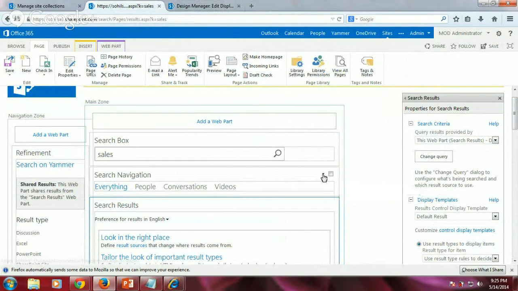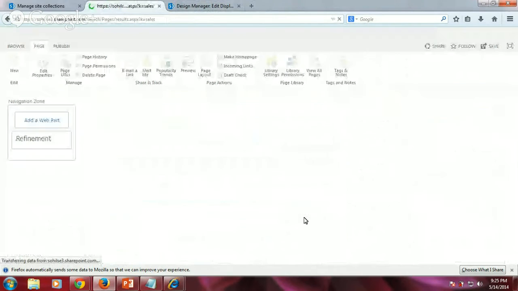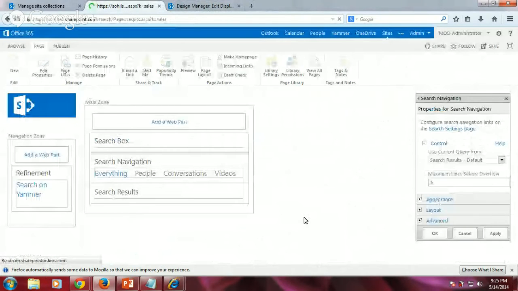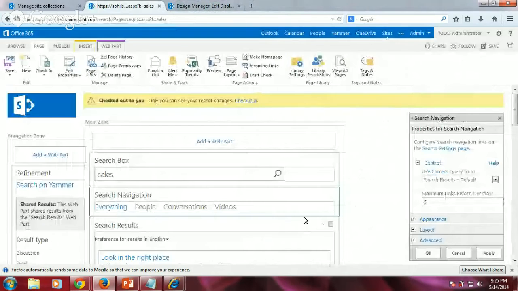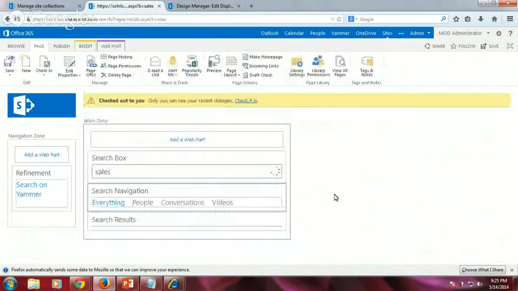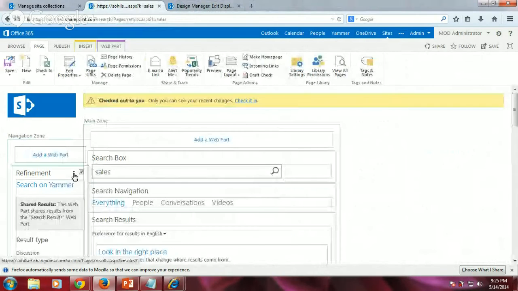So if you want to modify or add any new result source here, it's possible for you to go ahead and create it in the navigation section, just like your top link navigation. When you go to the site settings navigation portion, you will be able to create a new navigation and associate that with the result source, and you will be able to choose that or add that particular search navigation right within the search navigation web part here. Same way with refinement panel. If I want to modify or add more refinements,